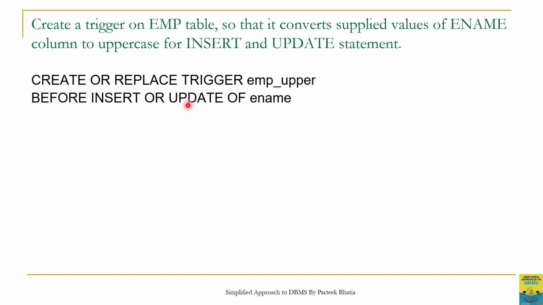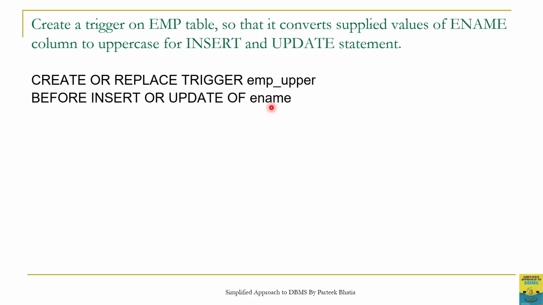We know that during update, we can also mention the name of the column for which updation is performed. In this case, we wish to trigger the code only when ename column of employee table is updated. So we can mention this column by using syntax update of ename. It means this trigger will fire only during the updation on ename. It will not fire during the updations on other columns of imp table.